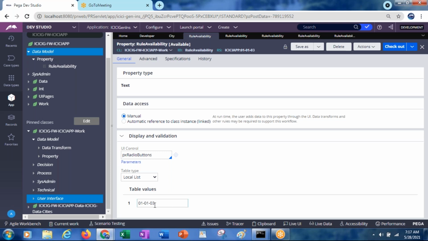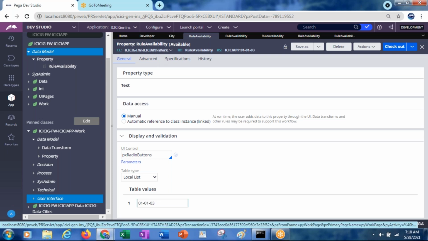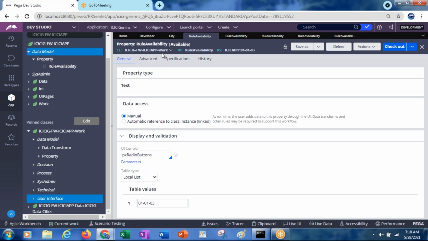Exactly, 010102. If it is not available in 010102, then it will go for 010101. If it is not available there also, then what will it do? Suppose it is not available anywhere in this rule set. Then it will go to the parent class of the current class.